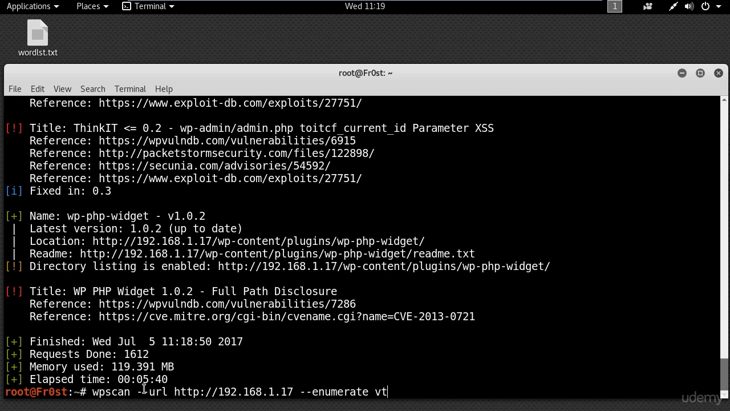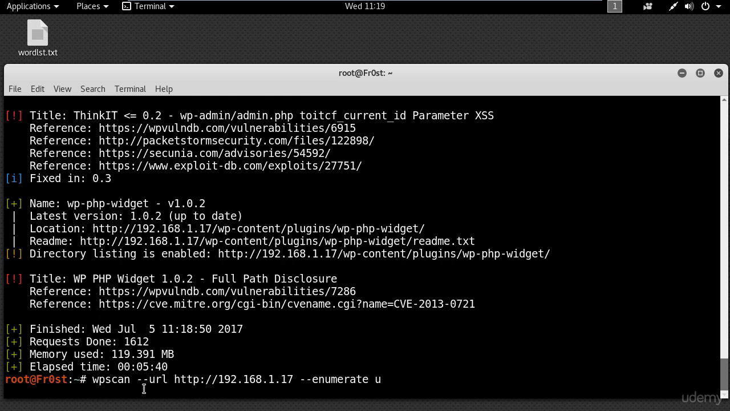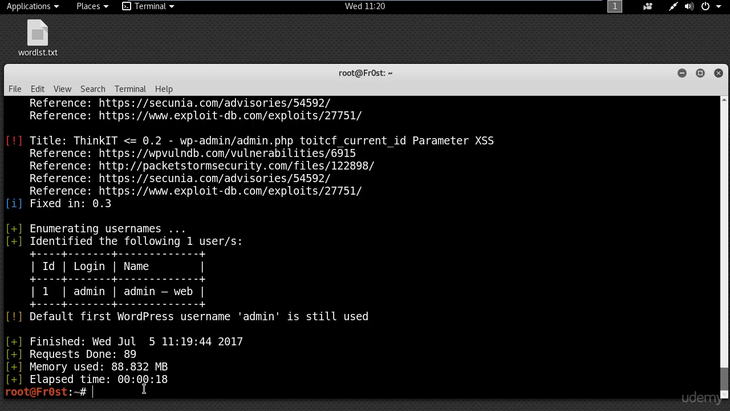Okay, now let's enumerate the login names of users. For that, all you need to do is put u at the end of the command and press enter. As you can see, the login name is admin, but I don't have the password. In order to crack the password, I will perform a brute force attack using a word list. So go ahead and use the following command: